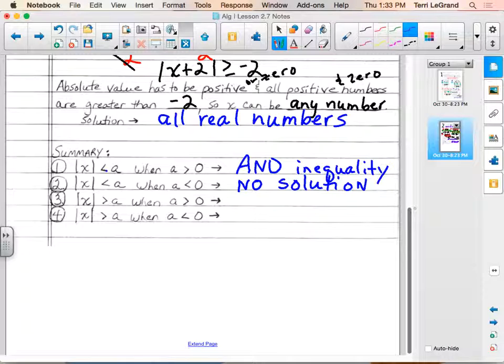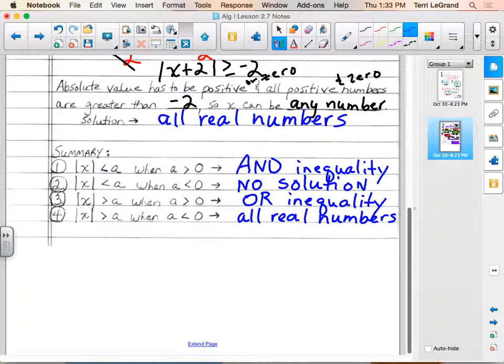When you have your absolute value expression by itself and it's greater than a number, and that number is positive, that's when you're going to have your or inequality. And when you have your absolute value expression by itself greater than a negative number, all real numbers, because all positive numbers are greater than a negative number. So you have 4